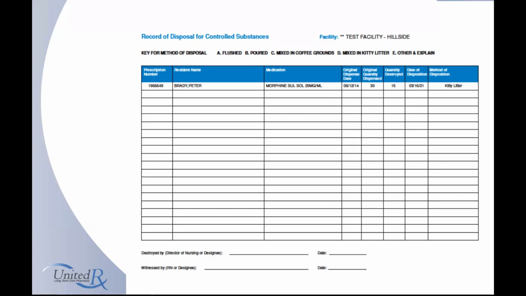You print this out, you have the DON sign it and a witness sign it, date it, and now you can file it per facility protocol. This form will also stay within the Framework Link system, minus the signatures, of course. So you can go back and say this controlled